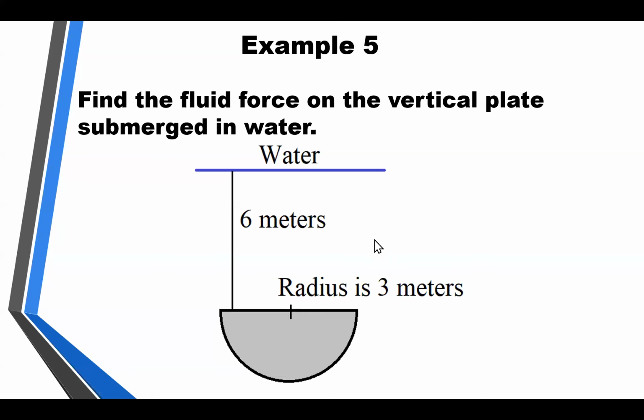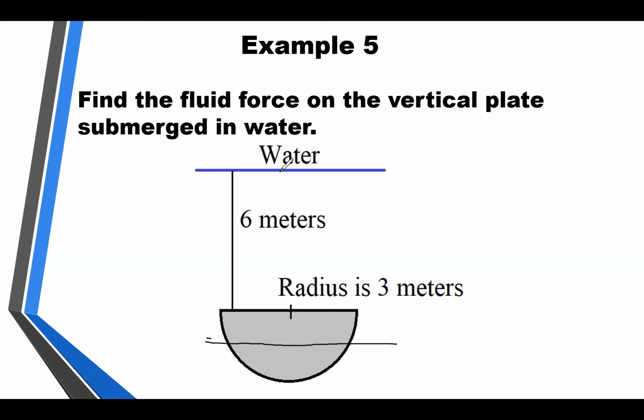By the way, this was also an object that we used to find fluid force on the vertical plate submerged in water. And if you do the same trick of drawing a horizontal line and then flipping this, making this object horizontal along this horizontal line where we're approximately negative 1.27 down from the origin,